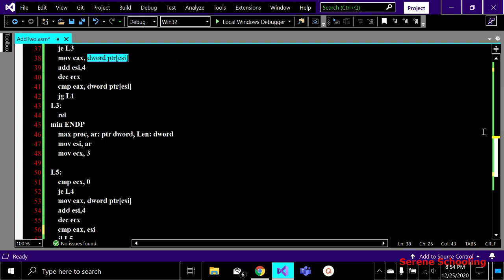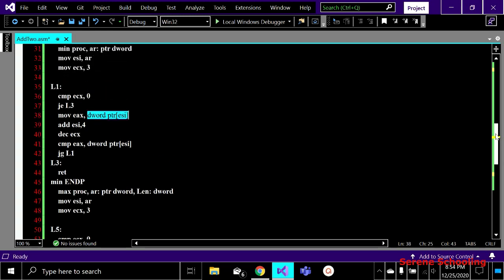You know that ECX almost auto decrements. I mean, it decrements itself, but I'm also doing it myself, which is okay. So here, after moving my first element into EAX, ESI is now pointing to the next element, right? So now I'm accessing the element at the second address, which means this is now containing my second element value. Why? Because this move happened before adding, which means it was moving my first element into EAX, and now after adding, this is pointing to my next element, right?